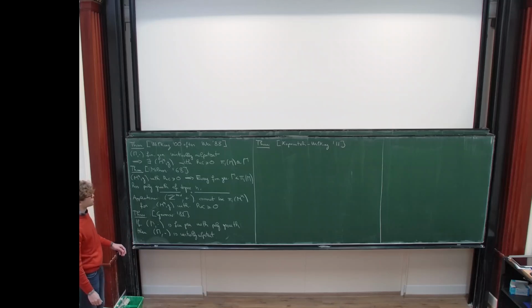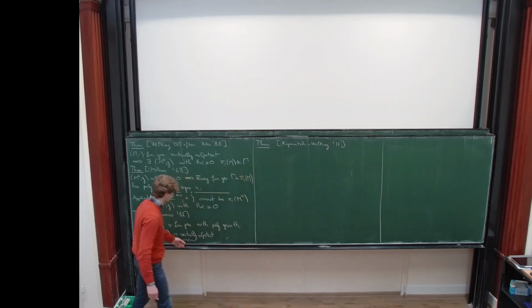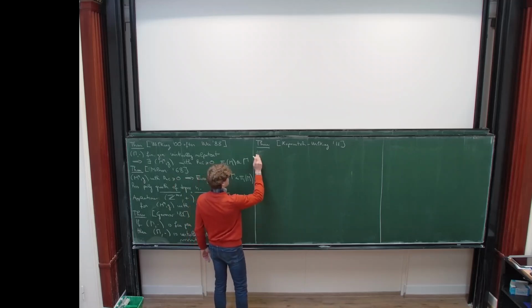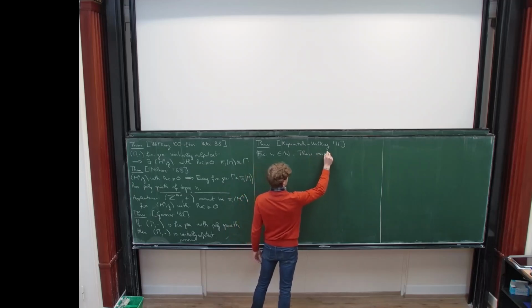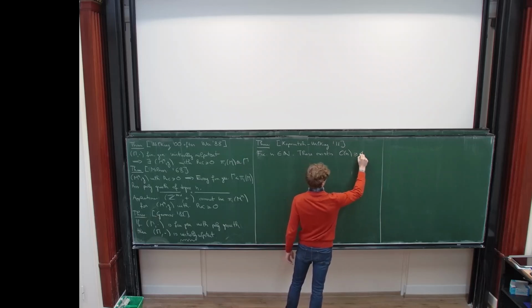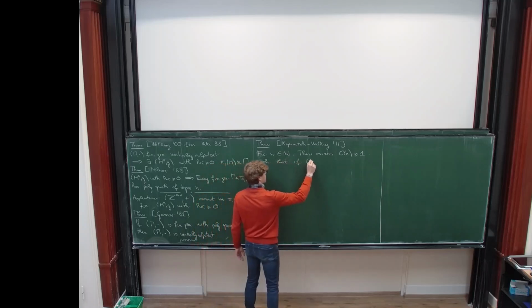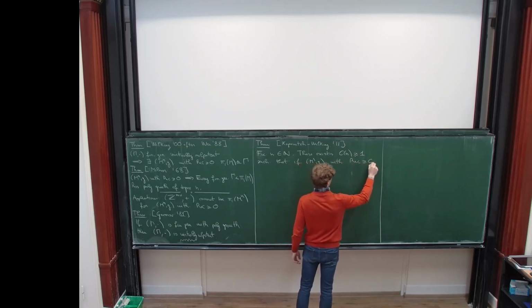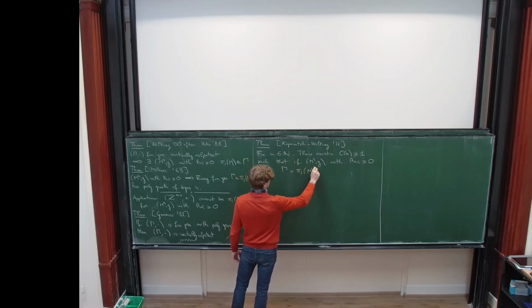So basically, the idea is that we would like to quantify the combination of Milnor's theorem with Gromov's theorem, and what we would like to quantify is this "virtually". Okay, so virtually means that it has a finite index subgroup which is nilpotent, and we would like to quantify the index of this subgroup. Okay, and the theorem says that if you fix a dimension, then there exists a constant only depending on the dimension, such that if M is, as always, smooth and complete with non-negative Ricci curvature, and Γ is a finitely generated subgroup of the fundamental group,